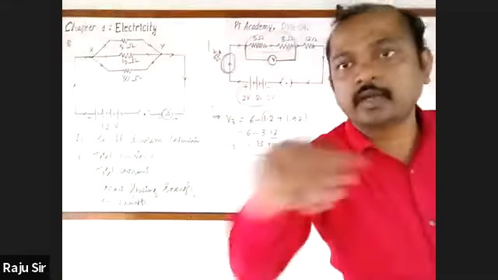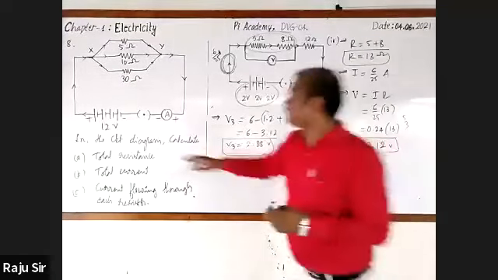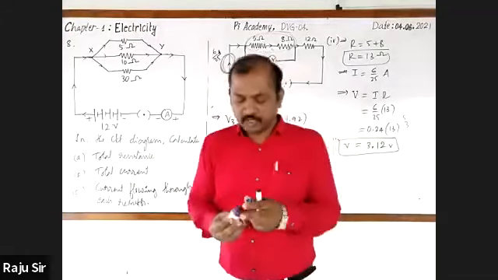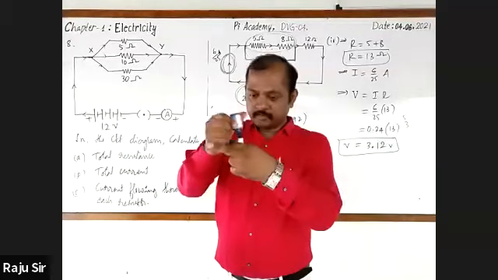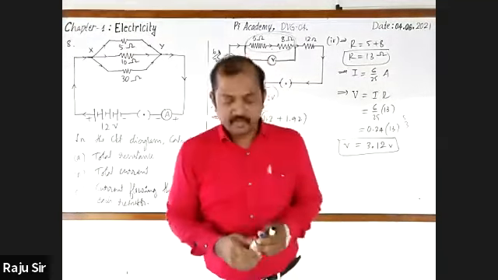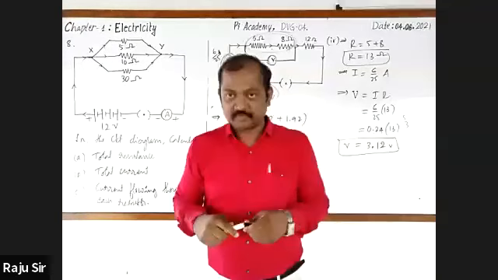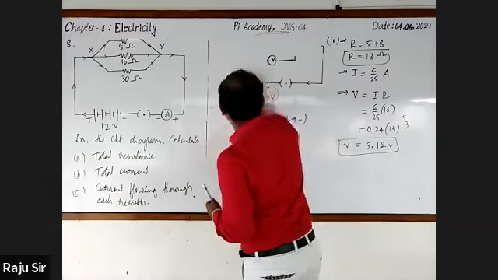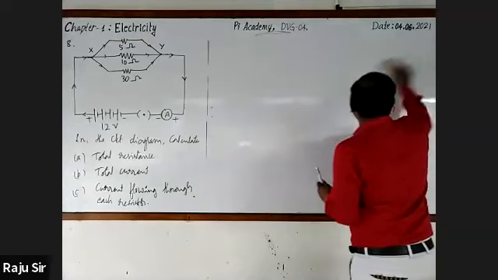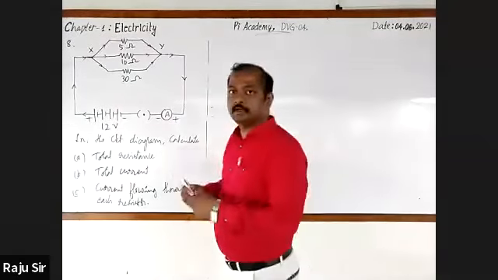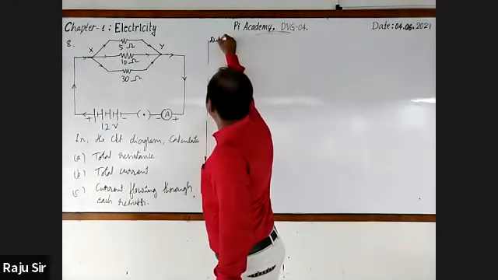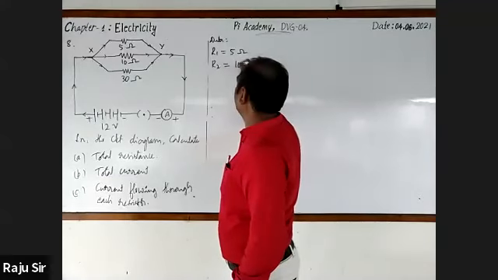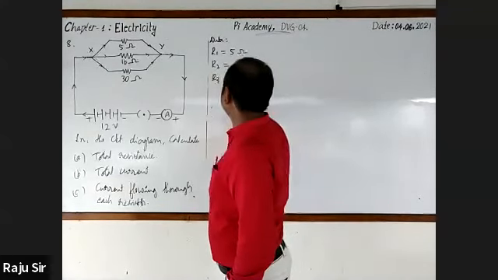Dear students, as you are familiar with the calculation, to find out the total electric resistance, try your best. Try to calculate yourself. First, you go for writing the data. In data, you should write: there are given 3 resistors. I take the first resistor as R1, which is 5 ohm. R2, 10 ohm. R3, it is 30 ohm.